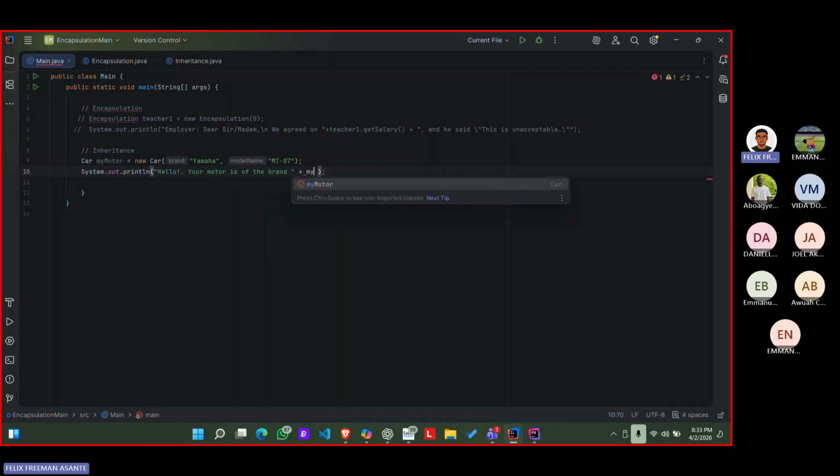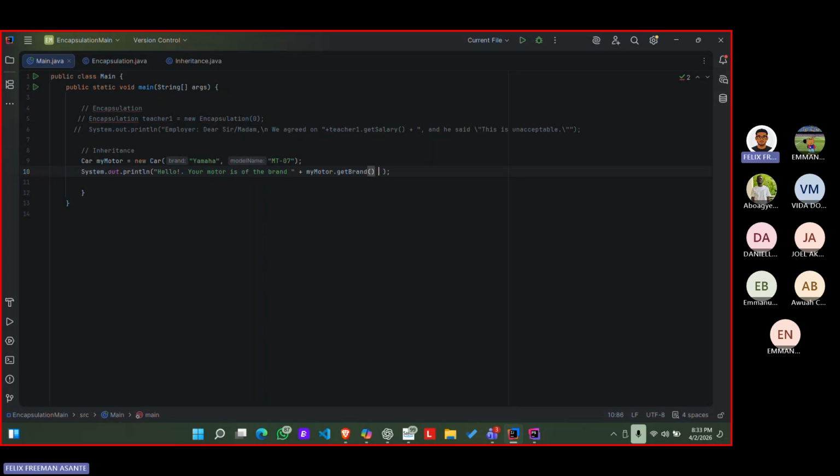My motto dot get brand. Are you okay? So the getter goes and gets the brand from the private field. Then your sentence will be: hello, your motto is of the brand,